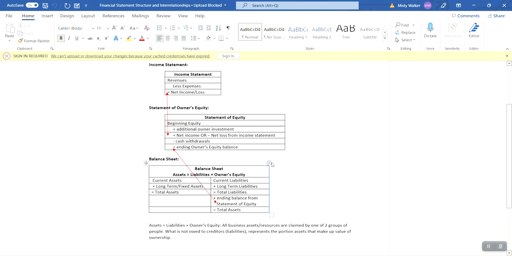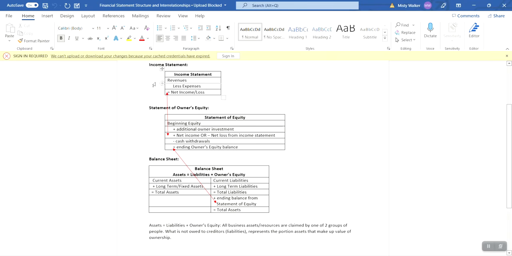So if you recall from our first walkthrough video, we talked about what differentiates the current liability from the long-term liability. Remember, we talked about accounts payable, those things that we anticipate will be paid like in the next 30 days or so. Those are current, whereas those long-term loan agreements, like with the bank, that's going to be represented as a long-term liability. And similarly with current assets, we're looking at those assets that are liquid, that are going to be used up or converted to cash quickly versus those fixed or long-term assets, which are those assets that we use year after year to help us provide our product or our service to our customers.